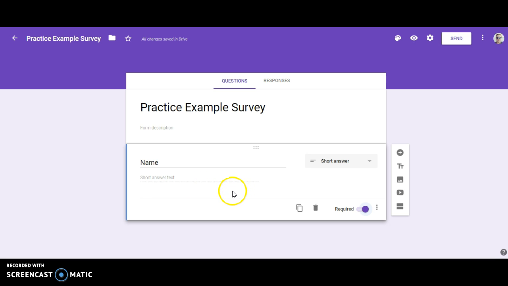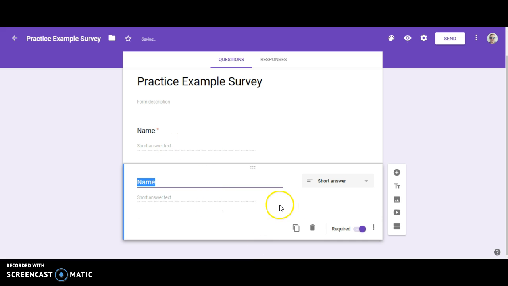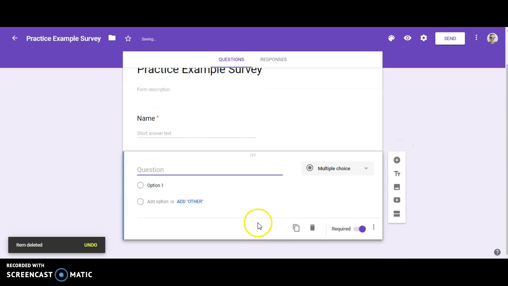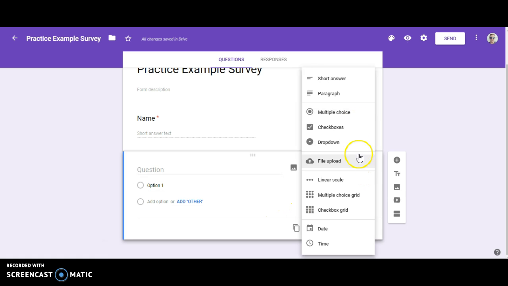Now, to create another question, you can go about it two ways. You can either click here and duplicate the question and make the exact same question you had before. If that's not something that you want, you can delete it and come up here and click Add Question. So the default is always multiple choice, but you can change it to be any of these. I'm going to show you how